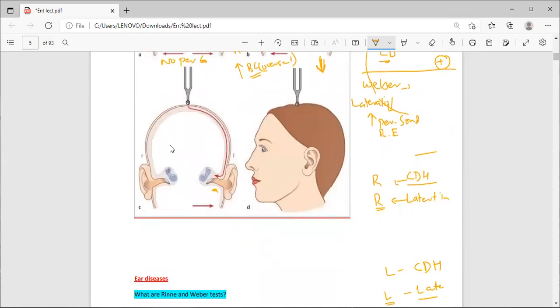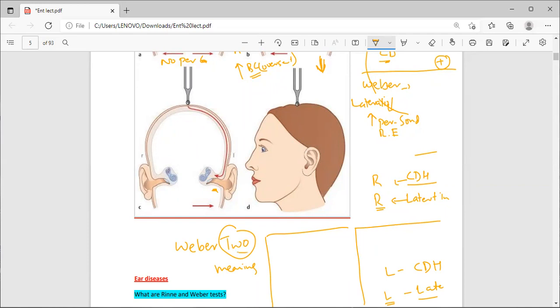Now what will happen? This is the last point. There were 2 points, neutralization and conductive loss. The last point I want to clear about the Weber test is that the Weber test has two meanings. One I already cleared. The second one is,